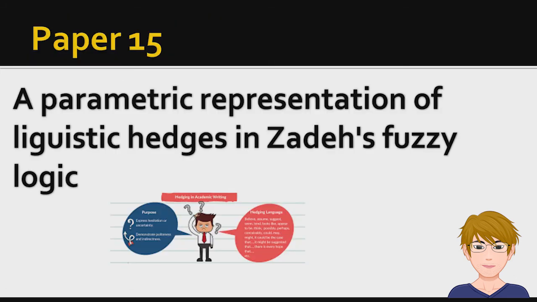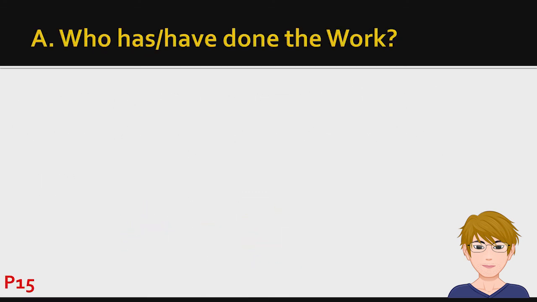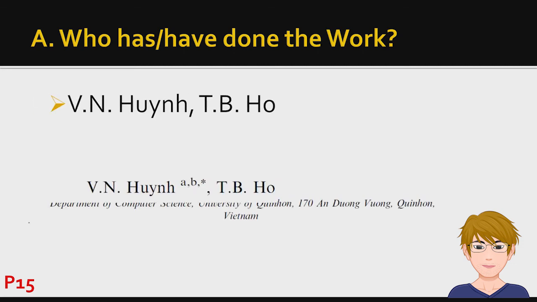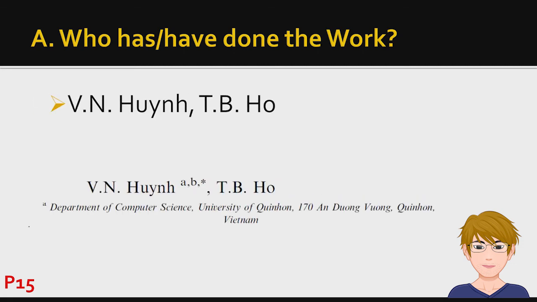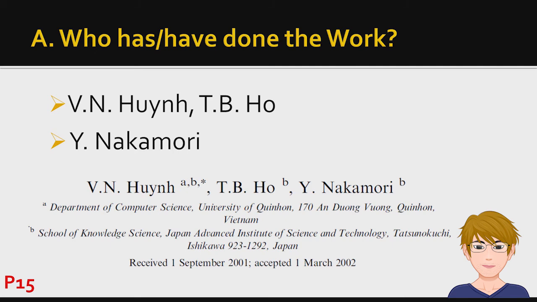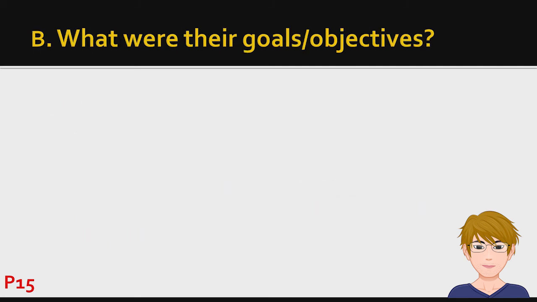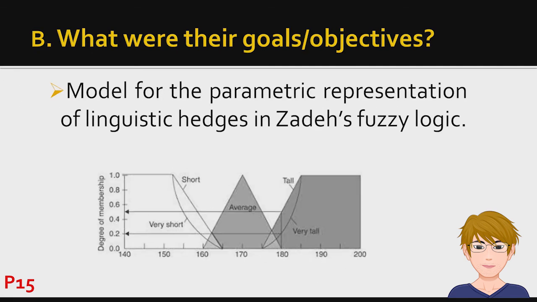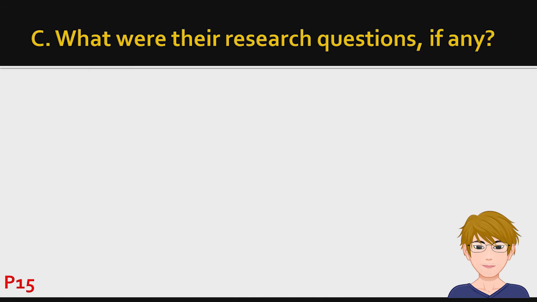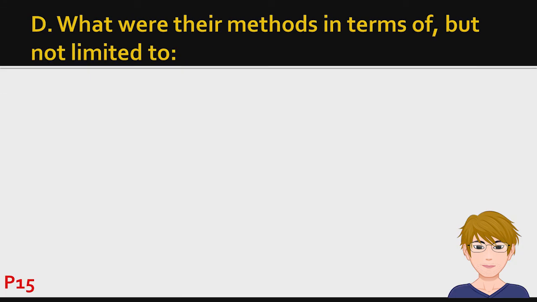Last paper, paper number 15, a parametric representation of linguistic hedges in Zadeh's fuzzy logic. Letter A, who have done the work? V.N. Huynh, T.B. Ho, and Y. Nakamori. Letter B, what were their goals and objectives? A model of the parametric representation of linguistic hedges in Zadeh's fuzzy logic. Letter C, what were the research questions, if any? Not applicable. Letter D, what were the methods in terms of, but not limited to,